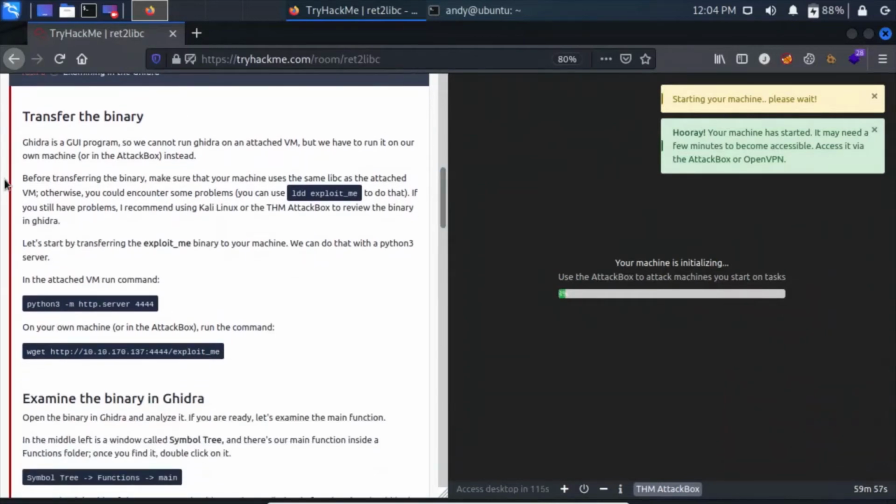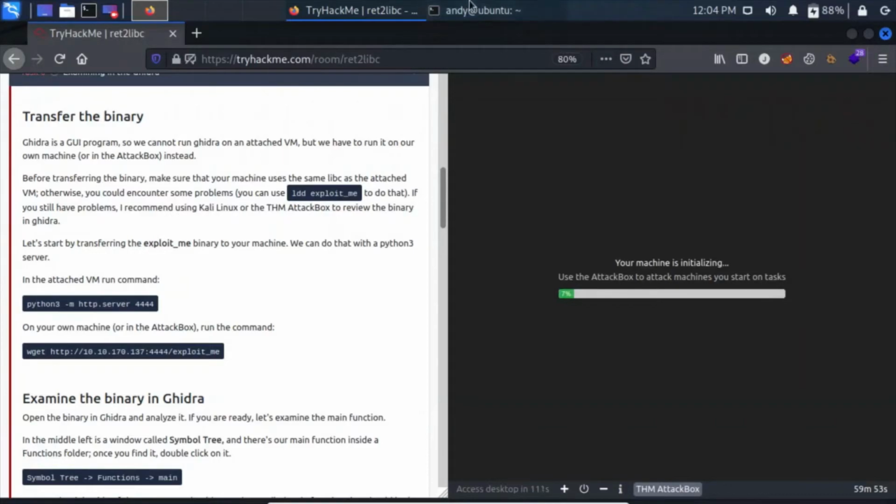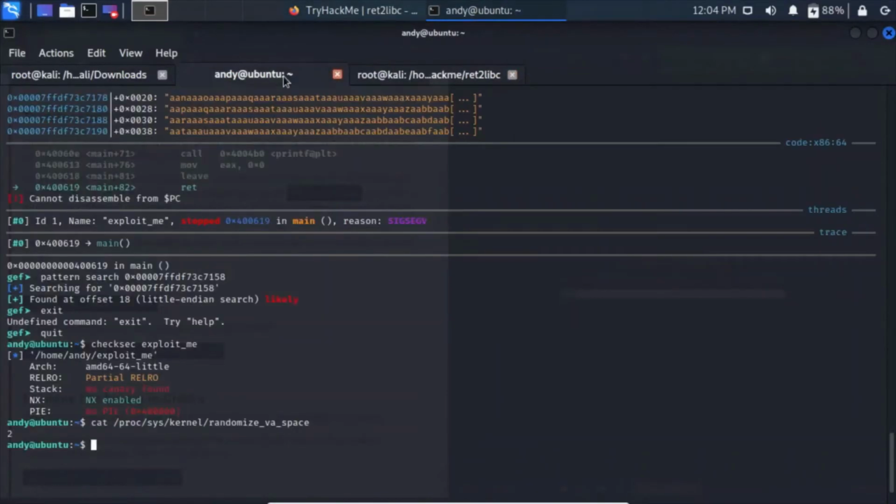So transferring the binary, we can transfer it to our own Kali machine. That is, I'm using Kali Linux here. I can also transfer it by simply starting a python3 -m http.server. Okay, it has started a server on port 8000, and I can simply wget